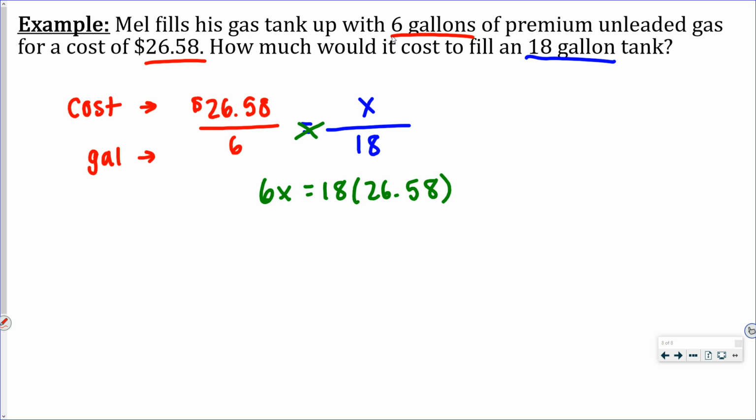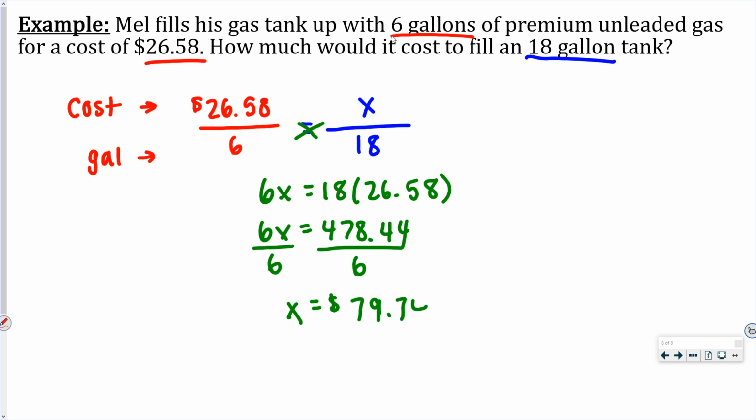Especially if the problem itself gives you decimals, and usually your answer can be written as decimals as well. So that's that number divided by 6. I got $79.74. Okay. That's basically it. Just kind of a review over some basic math. Let me give you a